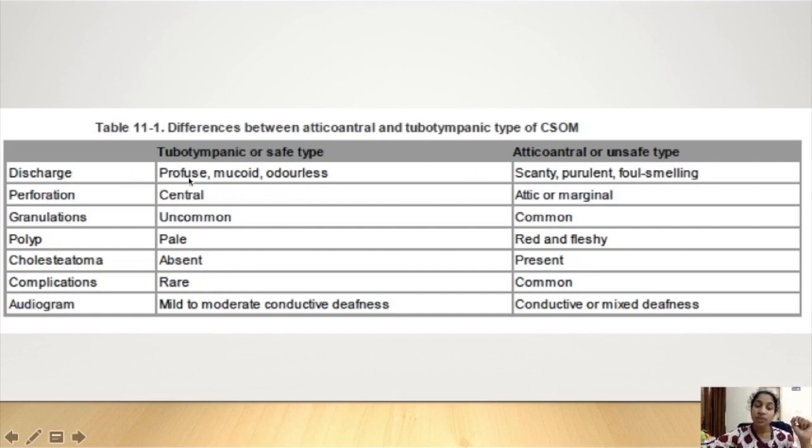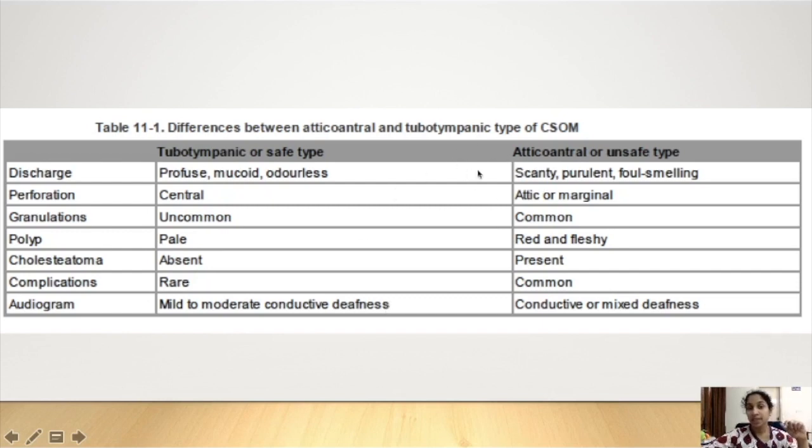Discharge will be profuse, mucoid and odorless in tubotympanic, and in atticoantral it is scanty, purulent and foul smelling. Perforation in tubotympanic is a central perforation. Here it is attic, on the posterior superior part or in the margins. Granulations are uncommon in tubotympanic but common in atticoantral. Polyp is pale in tubotympanic and red and fleshy in atticoantral, and the polyp will be seen in the posterior upper